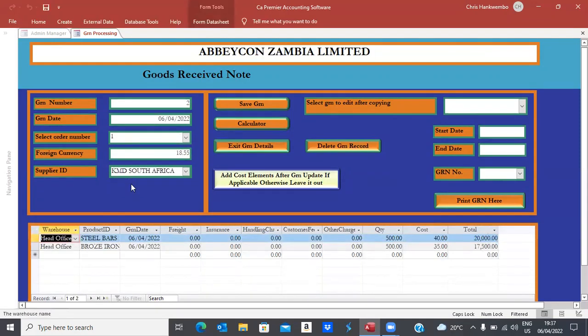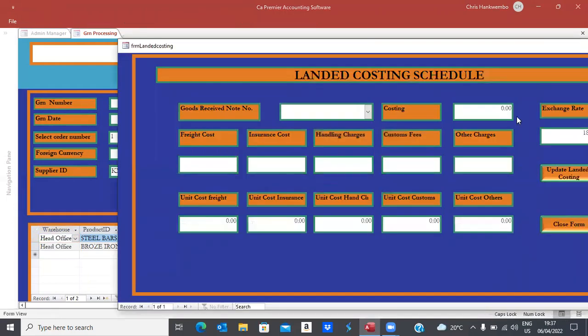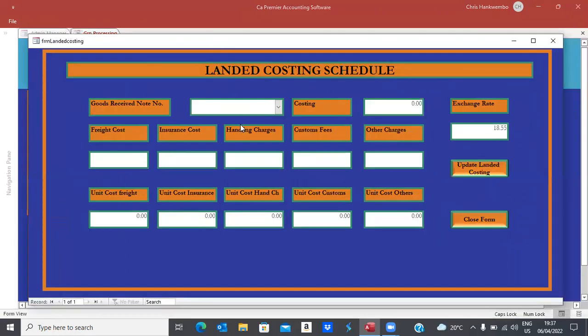Now, as you can see here, I've put in the whole thing, but there are also some costing elements which I have to factor in. So I need to do now the landed costing. So what you do is you attach the costing to come here. Now you have another form that has opened here. So you select GRN to attach that. The GRN which we have is number 2, with that order value